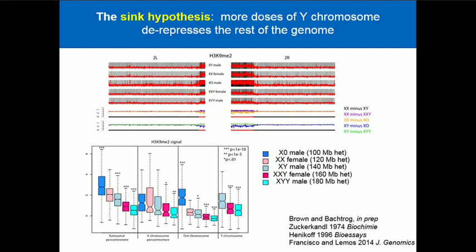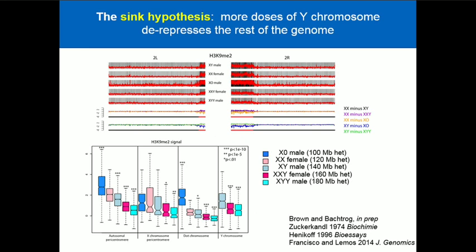The sink hypothesis says that more doses of the Y chromosome de-represses the rest of the genome. And it does that by virtue of soaking up the heterochromatin proteins, so HP1, SU(VAR)3-9, so that there's less available elsewhere in the genome. It's a very dumb-sounding idea, so simple, and yet it's highly predictive of a lot of the phenomenology that we see. The more heterochromatin that you add, and this is a very nice